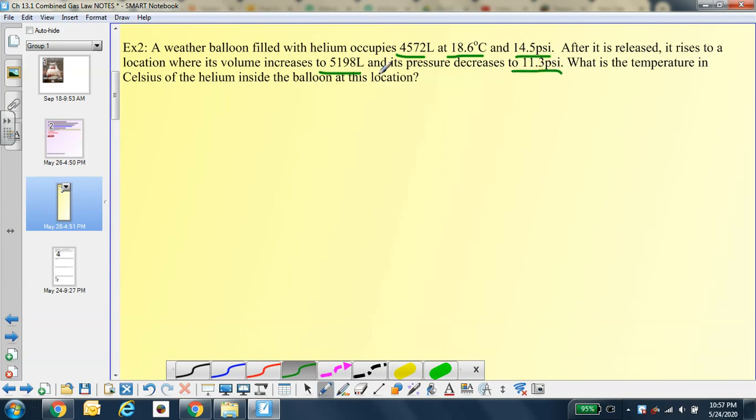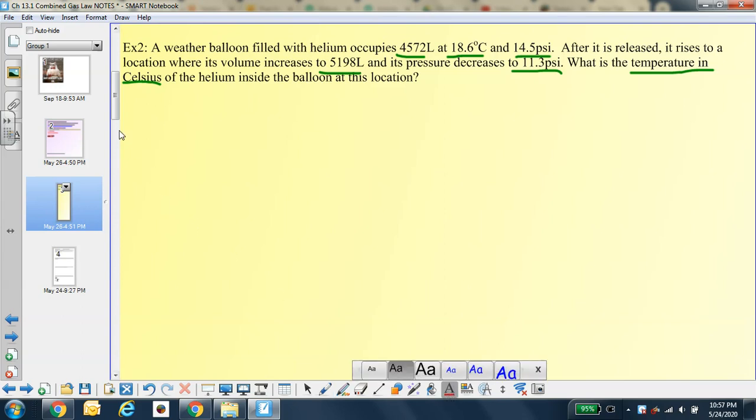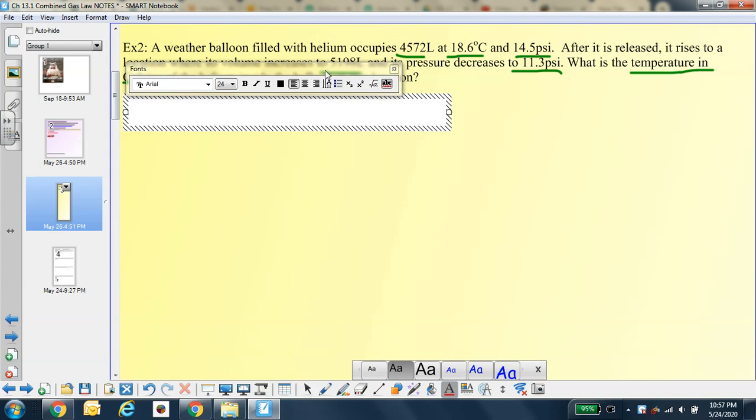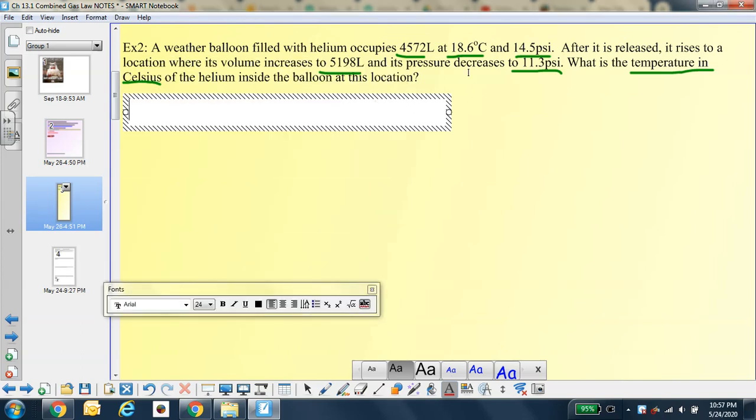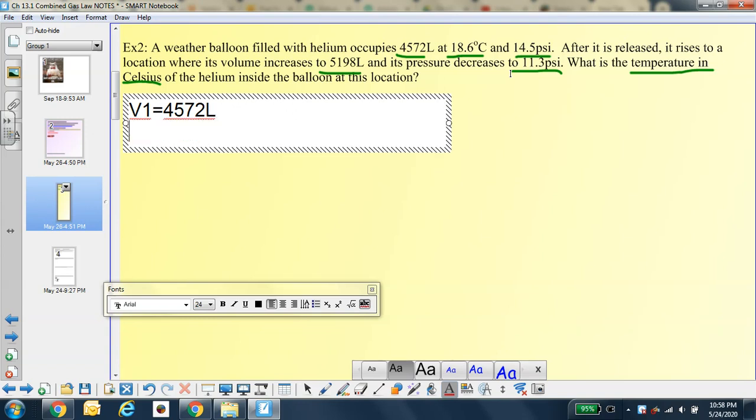Here's our final volume and pressure, and we need to figure out what temperature in Celsius is our helium going to be in the balloon. Okay, so V1, P1,